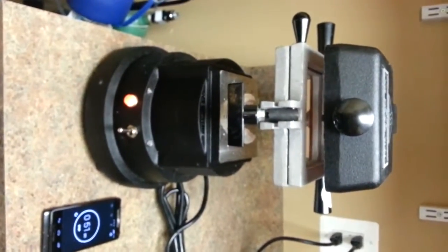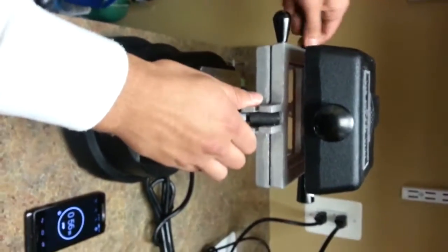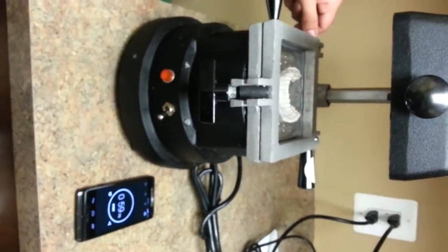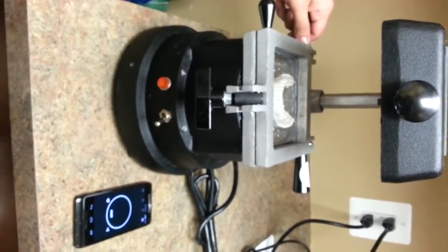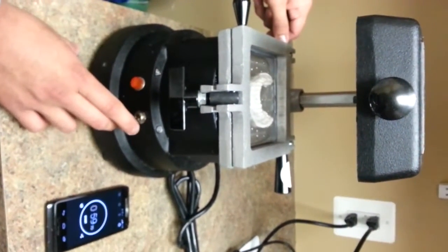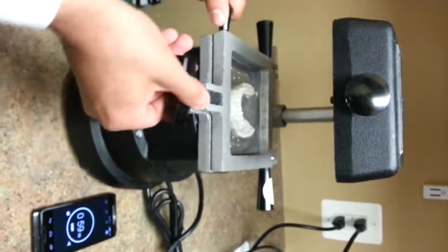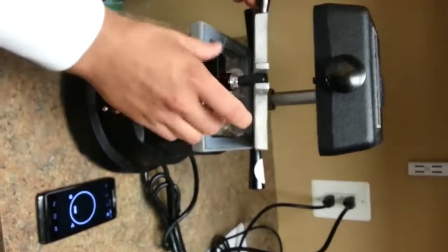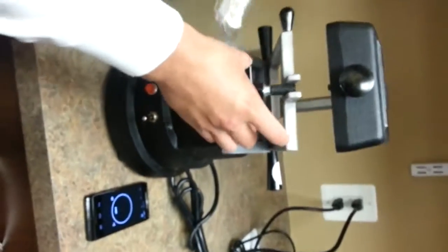So, you know what, I think a minute should be fine. Alright, we're going to bring this down. Alright, now we take this out of here. We take the plastic with the motor out of here. Just be careful because it's going to be a little warm. So once you take it out of here,